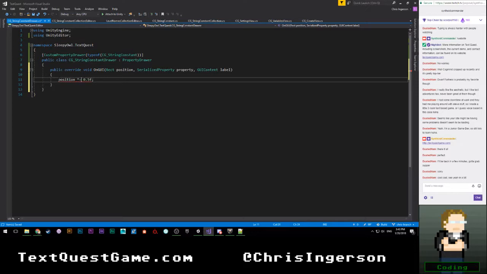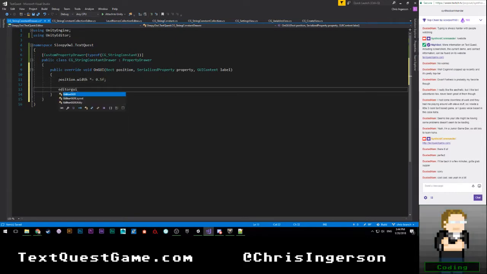Oh, position.width, not position itself. Then we're going to go ahead and say EditorGUI dot property field position, and then property dot find property relative. Oh, and with GUI content dot none, of course.